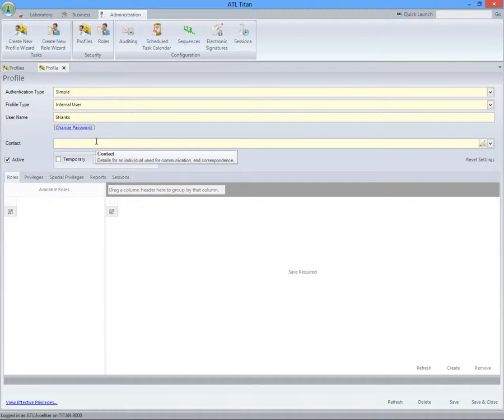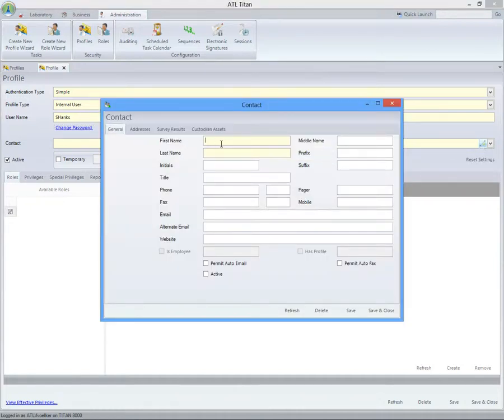We'll also need to create a contact to associate with this profile. Since Steve didn't exist in our system before, we can't choose one from the drop-down list. We're going to use the wand icon to create a brand new one. We'll enter his first name, last name, some initials,